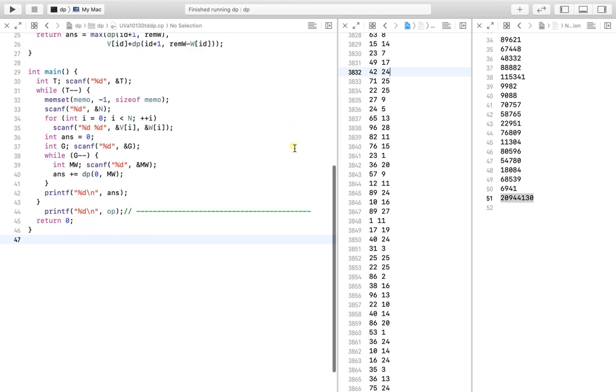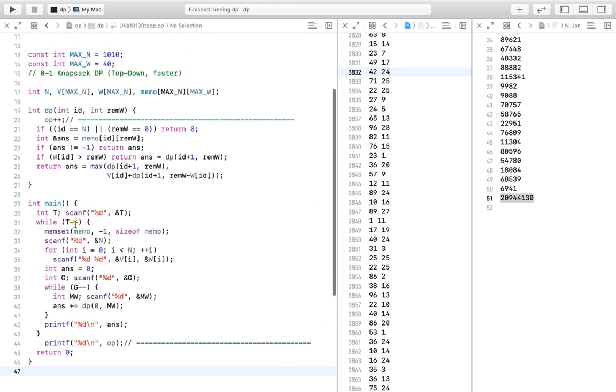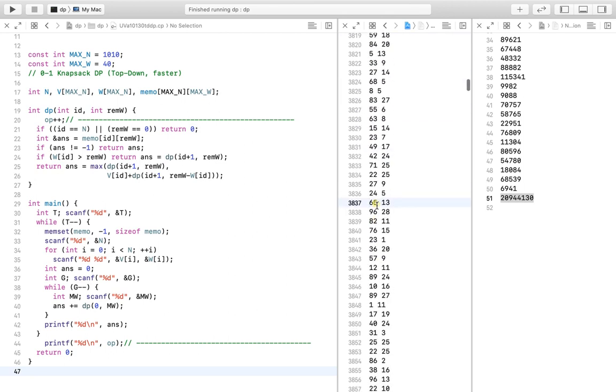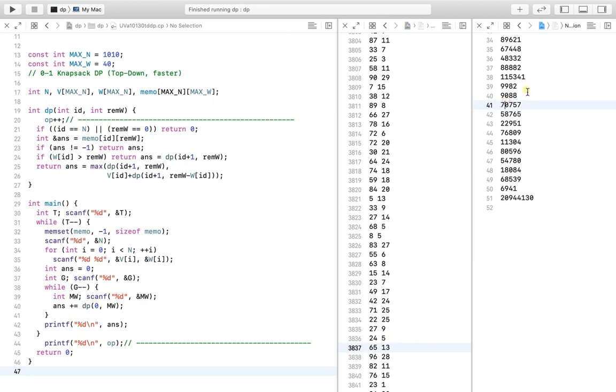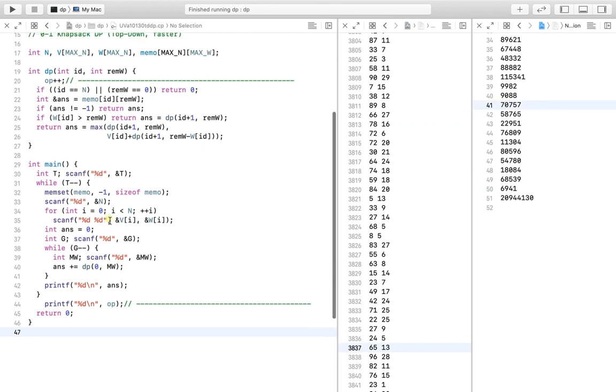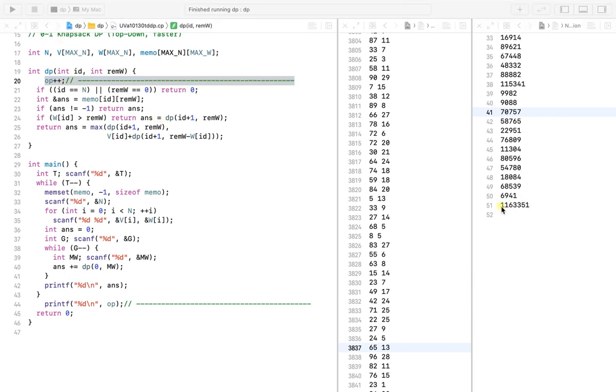I have the top-down approach, this exact same code we just saw in the slides. In the second window, I have the input file, and in the third window, I will have the output file. I made a slight modification in order to compare how many operations we are calculating for the same input data with either the top-down or bottom-up approach. So starting with the top-down, every time I am calling DP, I will augment the number of operations. So let us run,